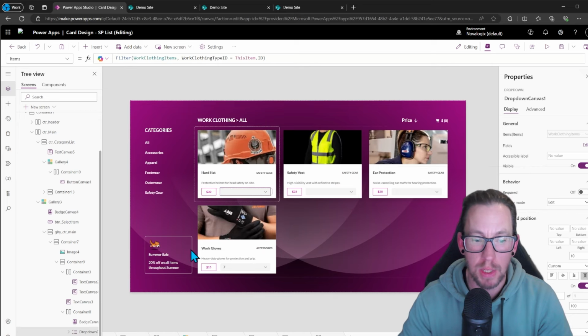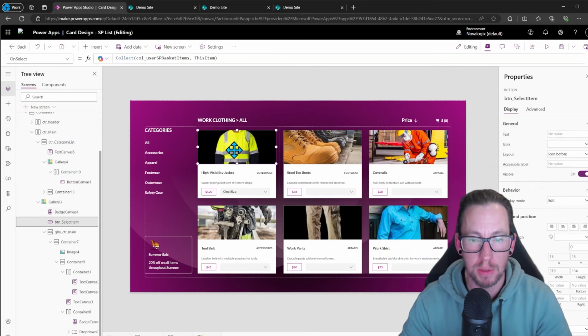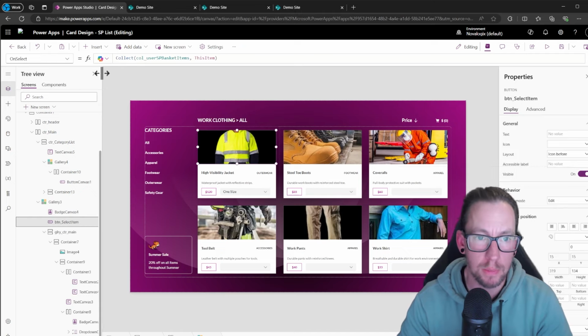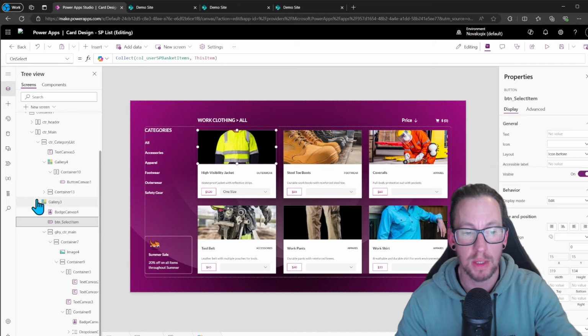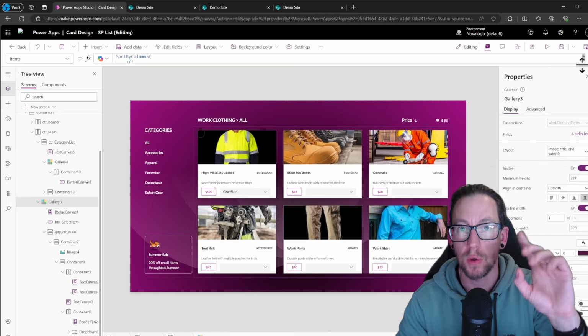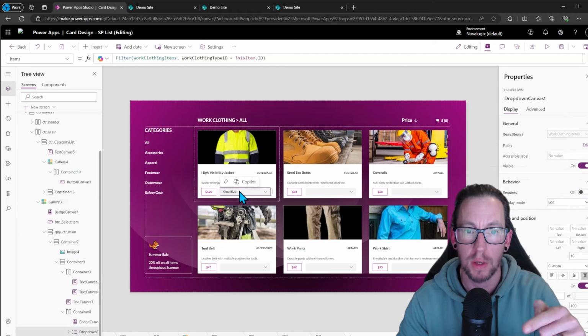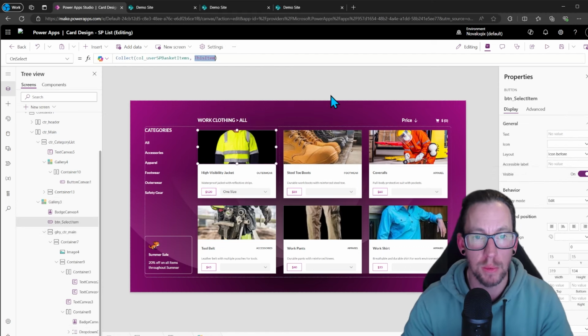That's almost what we need. Now the last thing we need to do on here is with our button that actually allows people to buy it, we're collecting this item, and this item in this gallery, if we go to the type, is actually the work clothing type, and that's not the item we want anymore. We want the item that's selected in the drop down. So quite simply we can say,